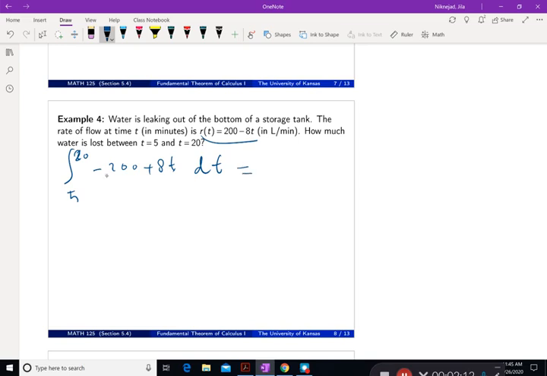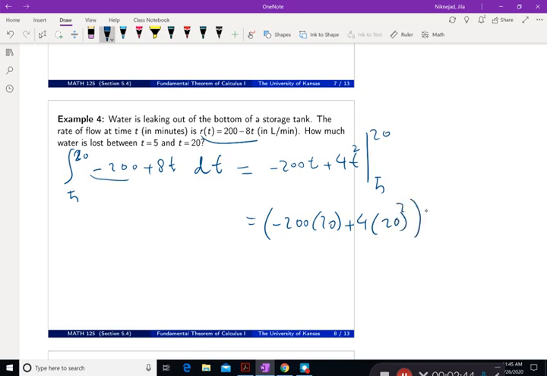And then first thing first, you take the antiderivative. Negative 200 gives you negative 200t. 8t gives you 8t squared divided by 2, which is 4t squared. And then from 5 to 20. And now plug in negative 200 times 20 plus 4 times 20 to power 2, and then